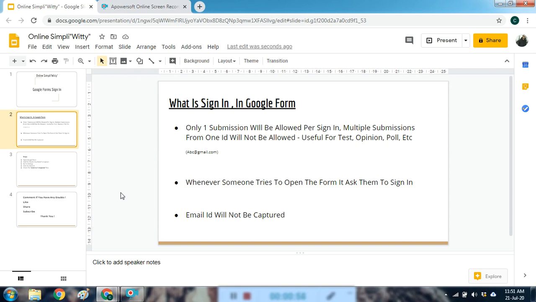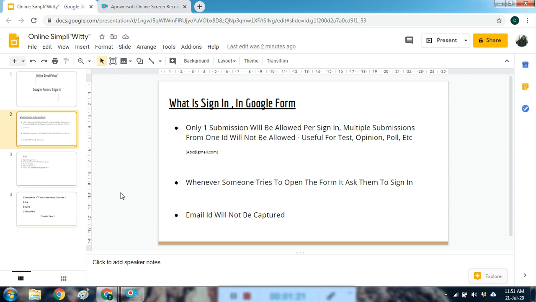Now if he tries to open the form again with abc@gmail.com, Google Forms will not allow it to open, because it is only one submission per sign-in. So if that person wants to submit his opinion, test or poll again, he will have to sign in with another email address.